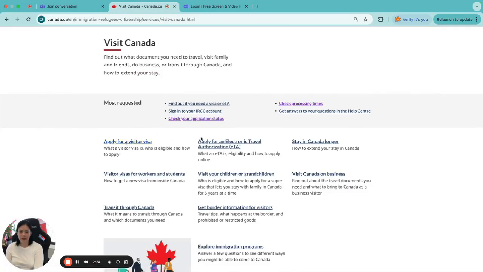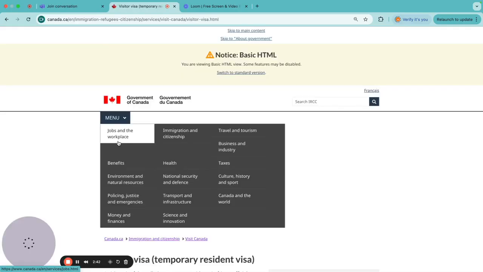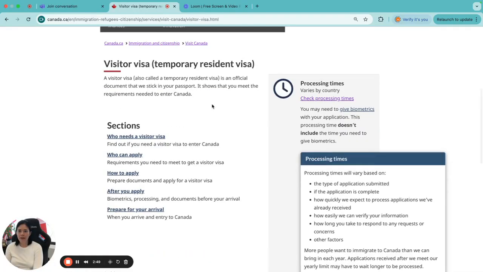On the right, you can also say apply for an electronic travel authorization. That's if you already know. But for purposes of this video, I'm just going to explain to you that if you don't know whether you require a visa or an ETA, you click apply for a visa. Click it. And here it says visitor visa,